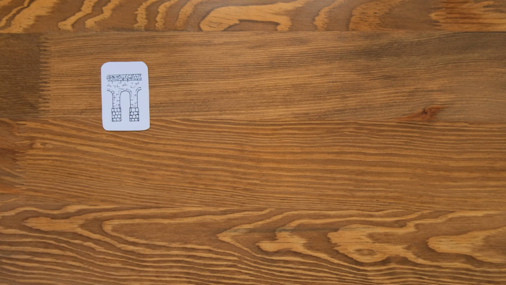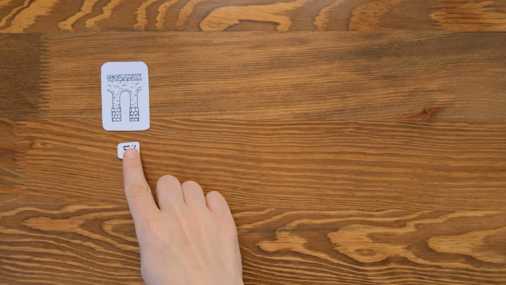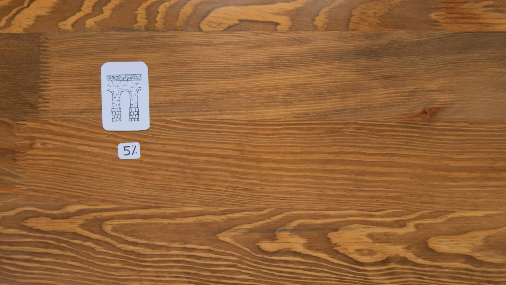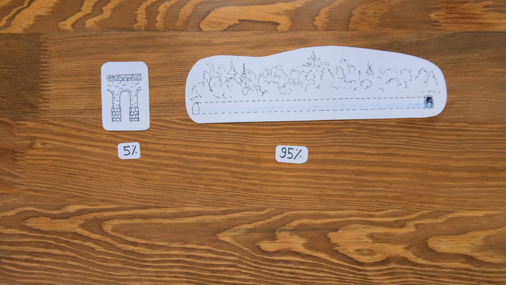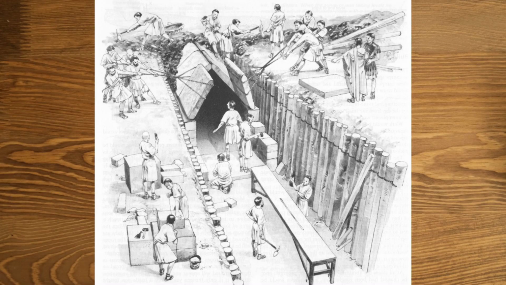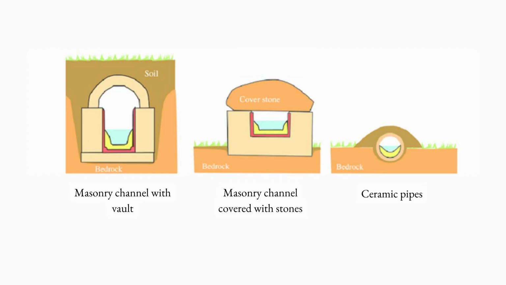When it comes to Roman aqueducts, just 5% of the total length consisted of water channels placed on arch bridges. For the other 95%, it ran through closed canals or tunnels. This is a usual number for Roman aqueducts, and by the way, the Latin word for water channel is specus. It is believed that on average, for 80% of its length, the aqueduct was laid in an excavated channel or trench